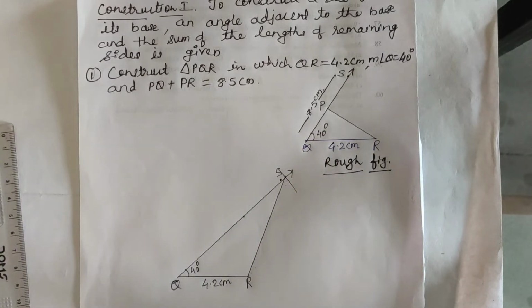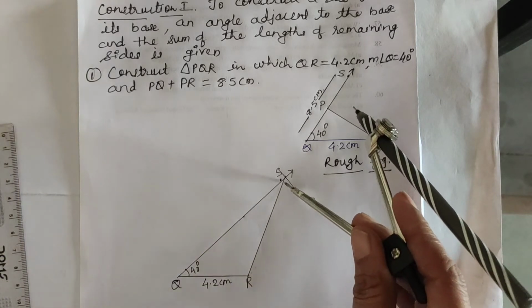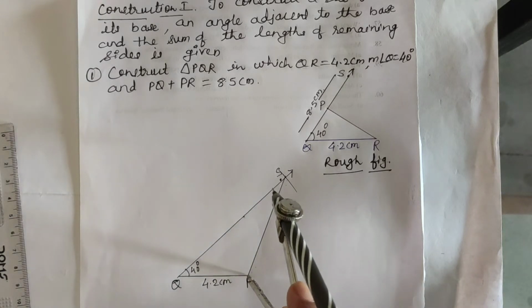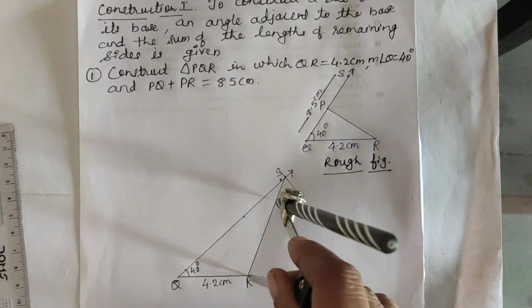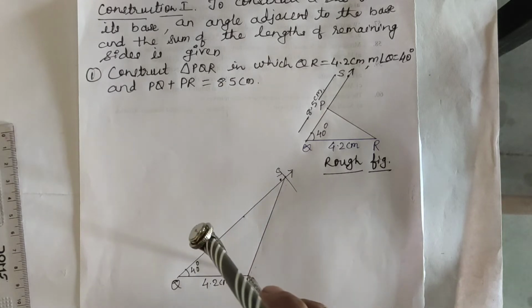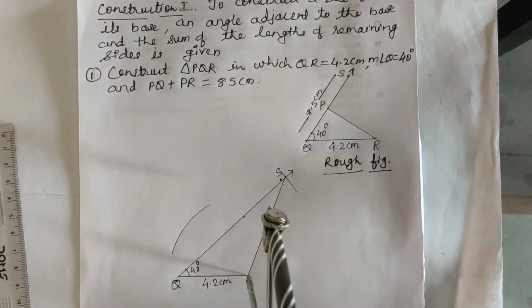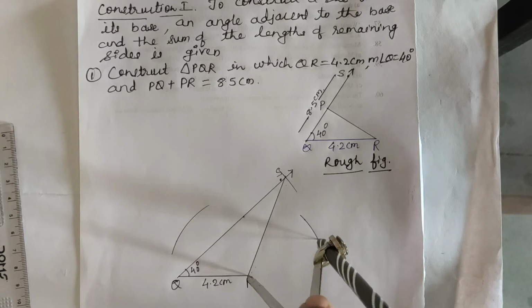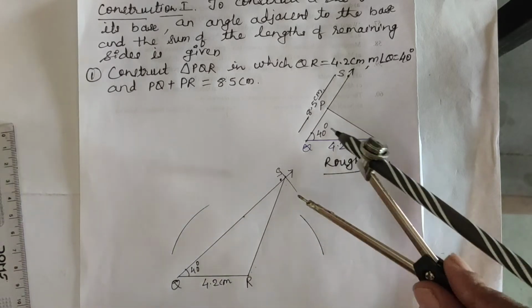Now what is meant by perpendicular bisector, or how we draw the perpendicular bisector? What you have to do? As you have to draw the perpendicular bisector of SR, take 3/4 of this length, or more than half, and draw the perpendicular bisector. You have already learned how to draw the perpendicular. So draw an arc like this. Draw arc here means you have to draw the arc on either side of this segment SR.